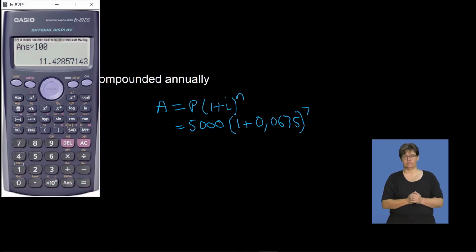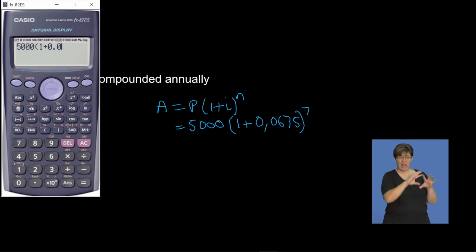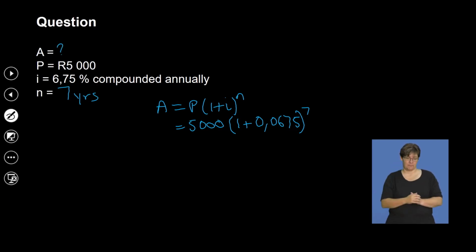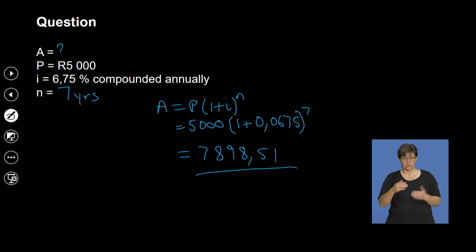Now, we're just gonna quickly go to our calculator. Guys, remember, you don't need to crack your brain about mental math or anything like that. Just press the calculator. As long as you press it correctly, everything will be okay for you. To the exponent of 7, and this will be 7,898. So Sergio will have 7,898 as his investment amount, which is quite good enough to actually start a small business, depending on what you want to do at the time.